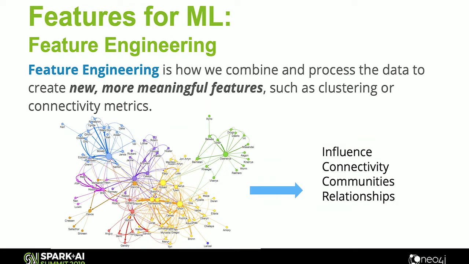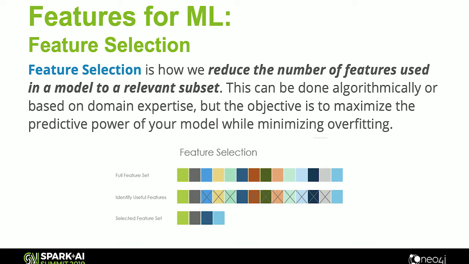The other area to look at is feature selection. So we know how to get the data out. We've talked about creating features, but let's say I have 100, 500 features now. How do I make sure that I use the most important features for my model? So we've all probably dealt with overfitting and creating models that are too particular to just our data or just the data set we were training on. You can actually use an algorithm like PageRank. And I assume everybody knows what PageRank is, familiar with that? All right, got lots of nods, great.